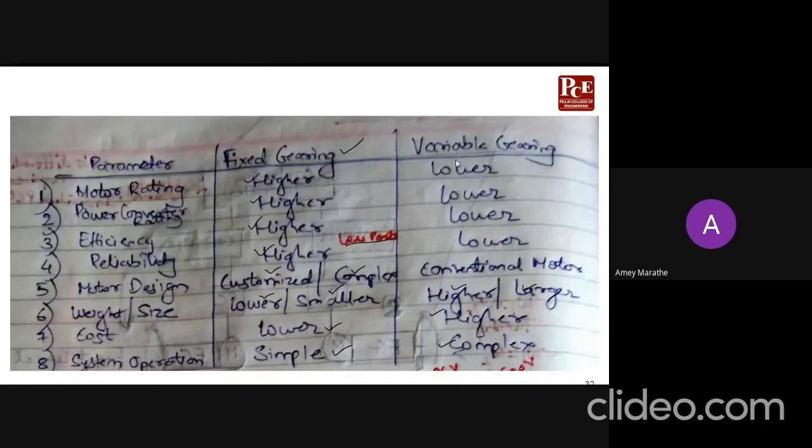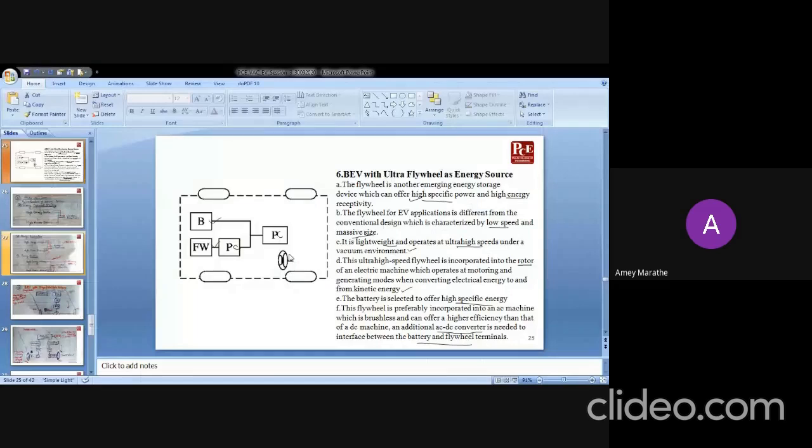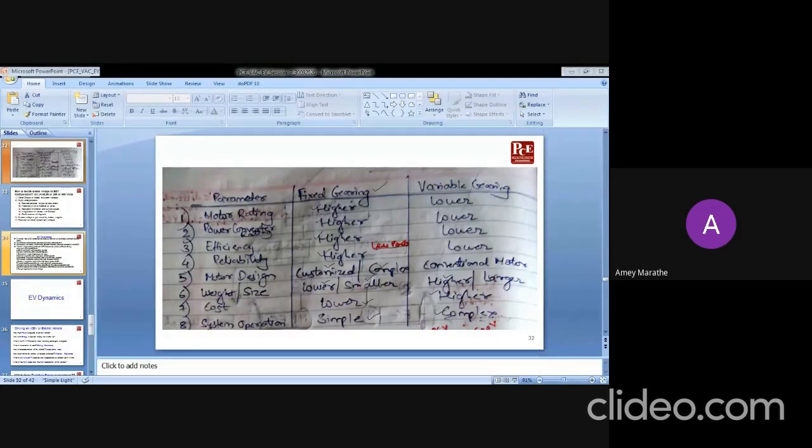Now let me just go back and ask, are you guys clear with whatever we have discussed up till now? Everyone, I hope everyone is understanding the things as well. Yes, so all of you, are you clear with the EV layouts or EV configurations? Yes, so we started our discussion today. Okay, Dipesh, do not worry. Even if you rejoin, I am recording the session. I will put the recording on the Google Classroom. Okay, so